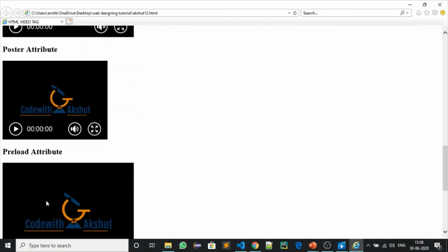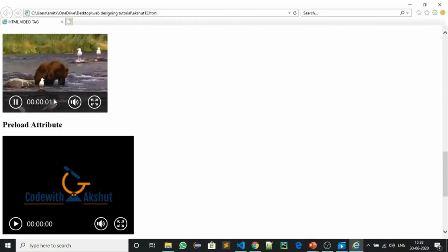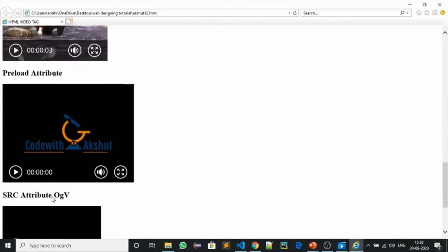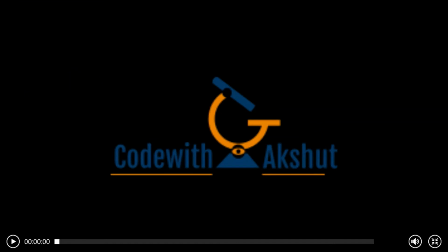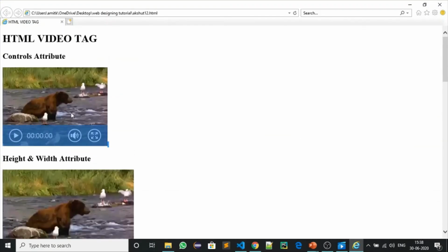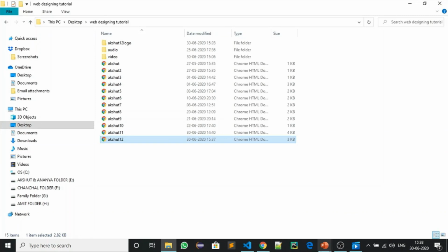All other ones are working here, as you can see. We'll play it also. I will pause it also. Okay. So this will happen. Some functions will also not come with Internet Explorer, but all functions will come with Chrome. So you can use Chrome if you want for the better experience, as I have.